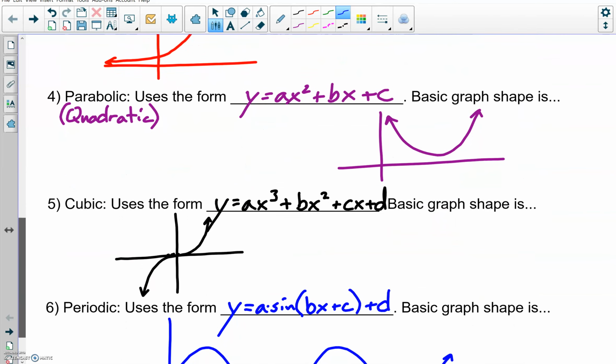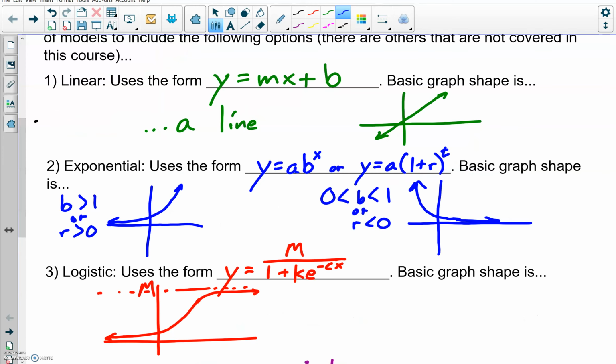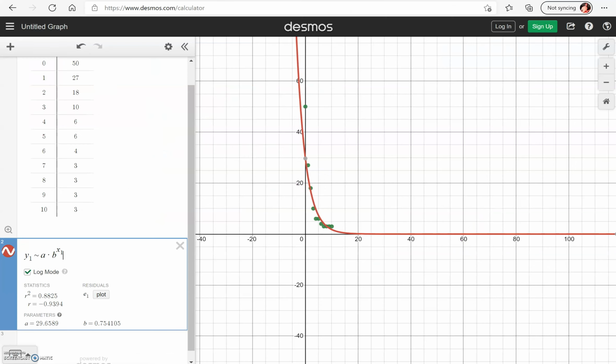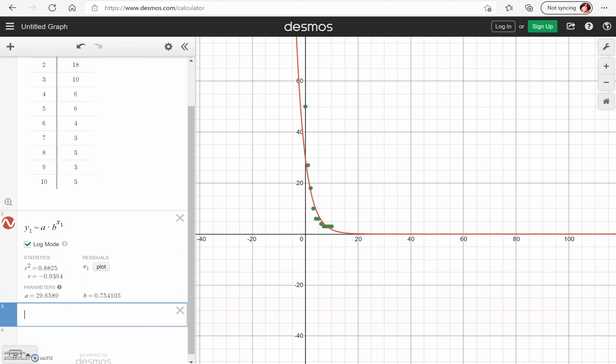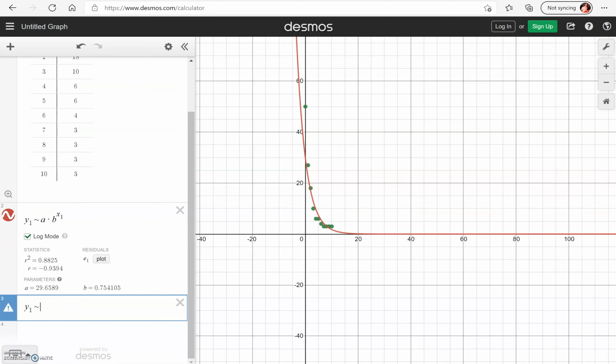Let's say maybe I saw that data and I'm like, oh, maybe it's cubic. So I'm going to go ahead and try and use a cubic model to predict it. So let's go over here and we will just click in a new thing, and we can go ahead and start typing this in. So we'll have y1, and then we'll do tilde, and then we'll have the a times, you gotta do shift 8, times